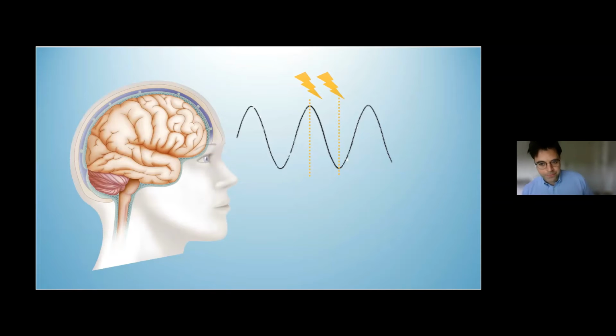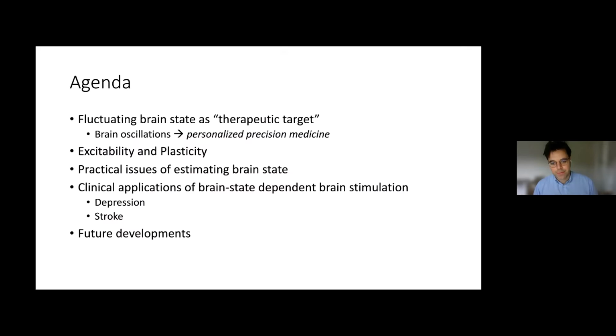So now we go back to a more beautiful looking description of the issue, which is: if we stimulate here at the first flash with the TMS pulse at the positive peak of this oscillation, do we get a different therapeutic effect than if we stimulate in the negative peak here of this same oscillation? And that's really the guiding question behind the brain state dependent TMS.